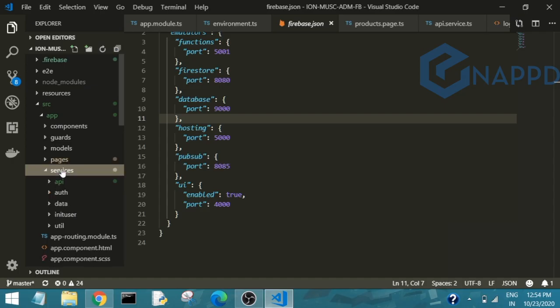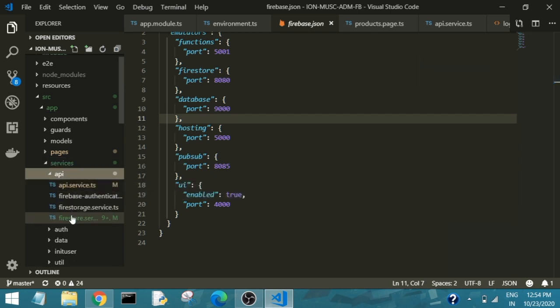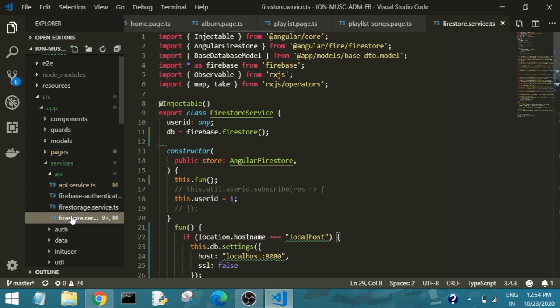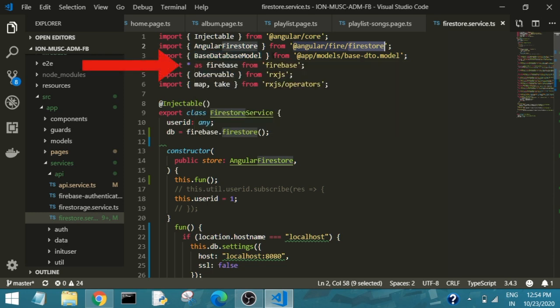You can face some challenges while connecting to Firestore initially, and you can change some part of the code to connect it properly to the Firestore emulator. Somewhere in our service where we have the instance of Firebase called, we have called the firebase.firestore instance. You can see we have imported AngularFirestore at the top and we have called its instance.